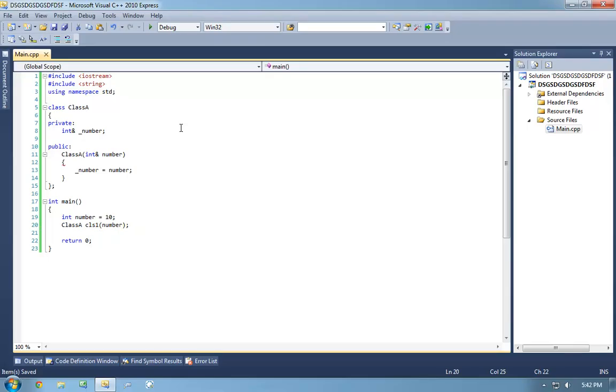This also causes a problem, and here's why. In C++, before the constructor is invoked, C++ will initialize all of your fields to their default values. But as we know, references do not have default values. It's impossible for a reference to have a default value.